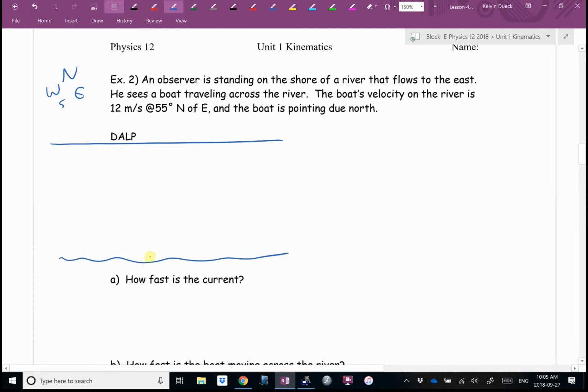The boat's velocity is north of what? East. Start out going east, go north of east. 12 meters per second, and this is 55 degrees. Brian, if you wanted to, you could do your component triangle right there. I usually draw the river here and then do the trig here. I almost always redraw the triangle uncluttered, away from my artwork. Maybe it's because my artwork always sucks and creeps me out. Okay? So,